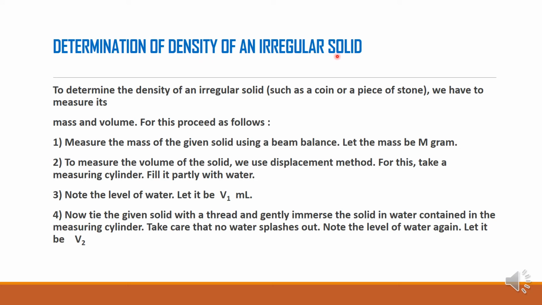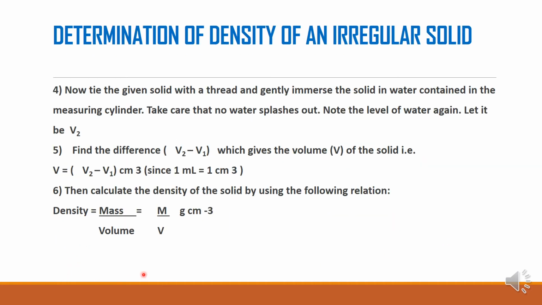Then for an irregular solid, you already know this also, that for mass we will use the beam balance. We will find the mass by using a beam balance. Then we have to find the volume. For finding out volume, you will take the measuring cylinder, then note the initial volume, then you put in whatever solid is given to you, you have to immerse it in the water, and then note the level again. If the volume is V2, then we take the difference, isn't it? This we have done so many times, that the volume of the object will be V2 minus V1.